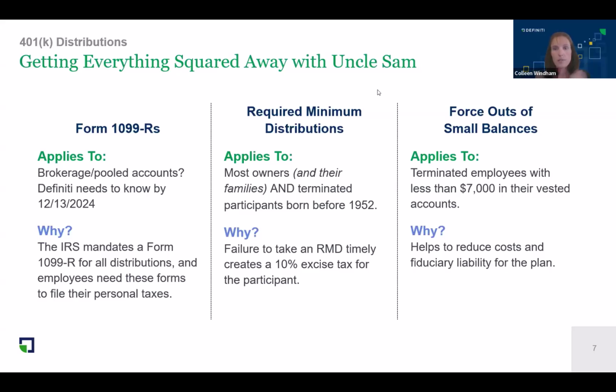So if you could see my screen right now, behind this presentation, I have RMDs to work on. They apply to most owners and their families, so big star right there, and terminated participants born before 1952. That is updated for Secure and basically accounts for all the Secure updates that were made. If the money isn't out generally by December, that's the general rule of thumb, it creates an excise tax for